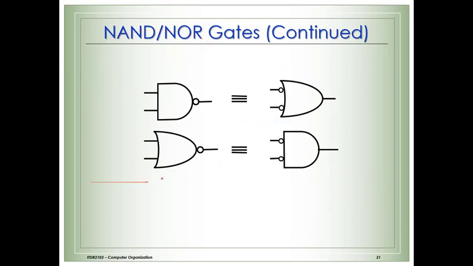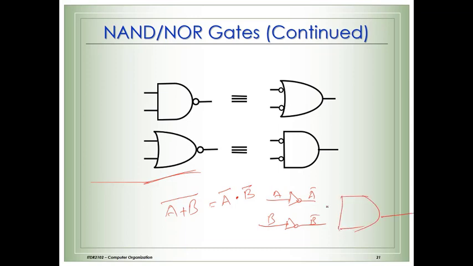Very similar to this one. This is NOR gate, correct? NOR gate means A or B whole NOT, right? So these are two NOTs. You know that De Morgan's theorem says that it is not A and not B, right? So first, how to get not A? Pass A, then you get A naught. Pass B here, you will get B naught here. So pass these two values to AND gate, correct? Then here you will get not A and not B, which is the same as this one. So one NOR gate is equivalent to 2 NOT and 1 AND gate.